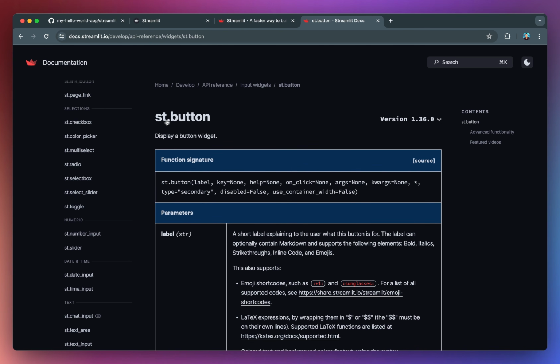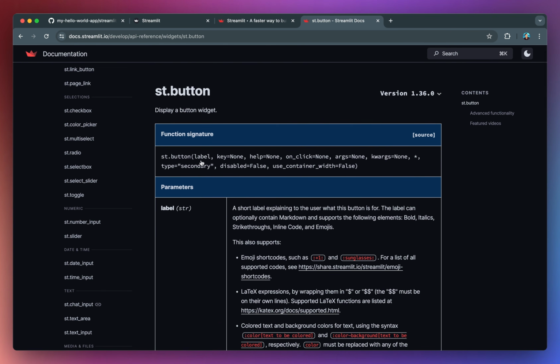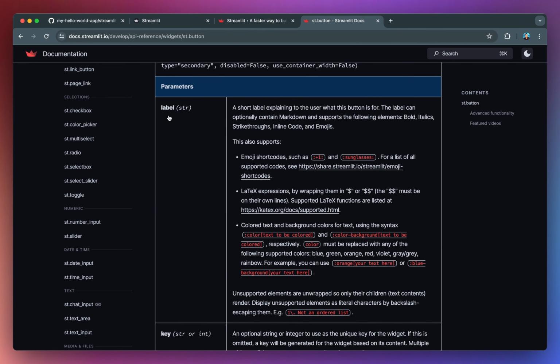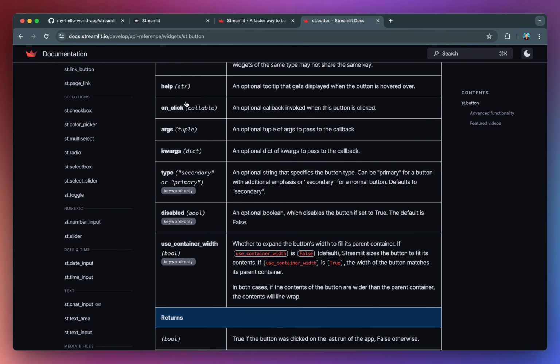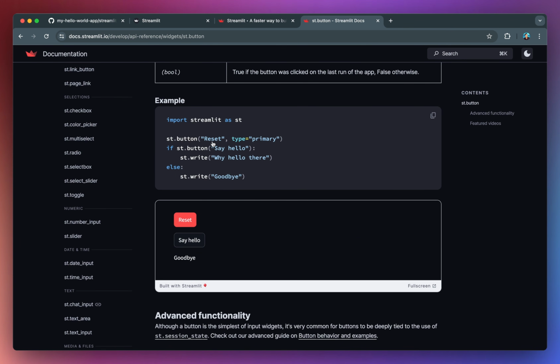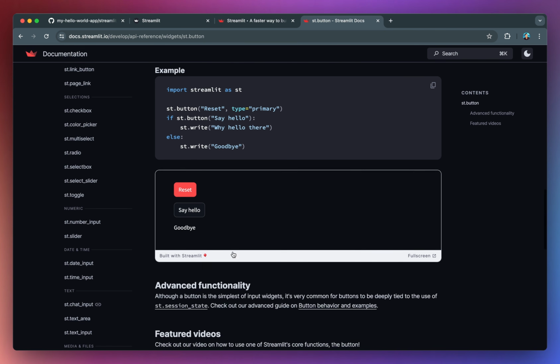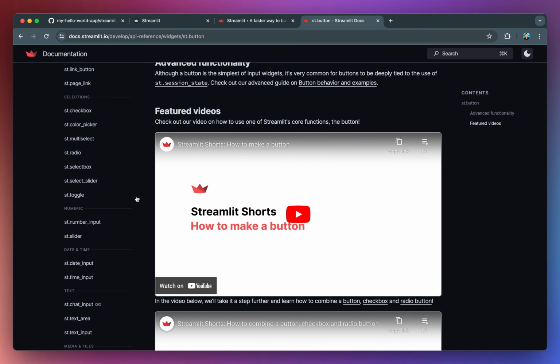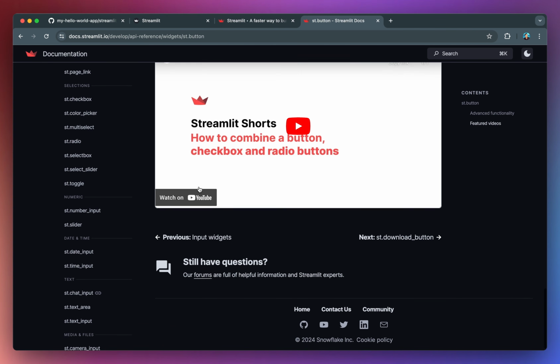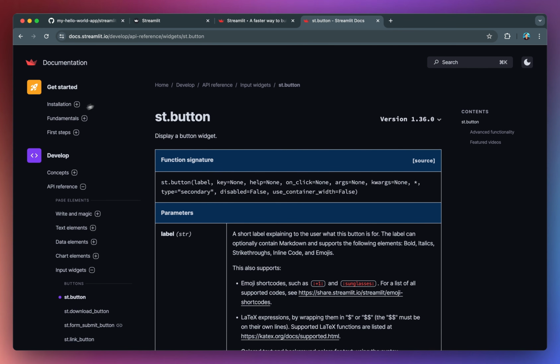If you click on one, you'll be able to see the information about what the method performs, all of the available parameters, what each of the parameters does, and the data type that is required to be assigned to the parameter. There's also a code snippet, which you could copy, and then you could conveniently paste it into your Streamlit application. There's also a demo app for you to see how the particular method looks. And if there is a video available, there's a link to the video as well. So the Streamlit documentation is a great place for you to develop Streamlit applications.